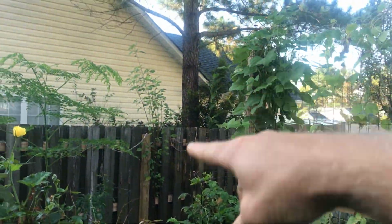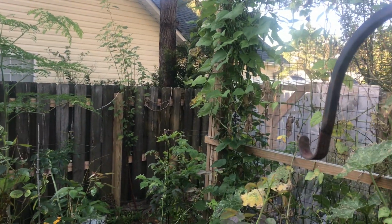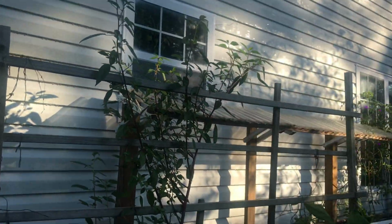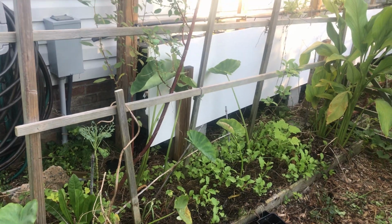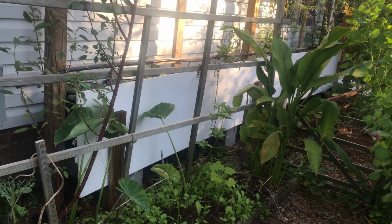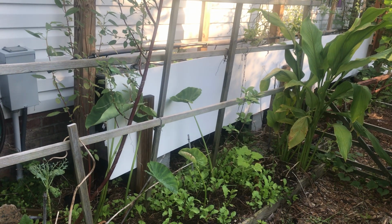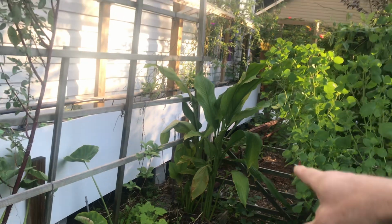The Egyptian spinach, you guys can see against the fence over there, and we've got several Egyptian spinaches. Like there's one right here, but they've gotten really tall and are doing well. We've been using those a lot. All of our taro root have started dying out this time of year. I think it's getting too cool, and they like that hot heat. So they're still growing though, and you can see that's